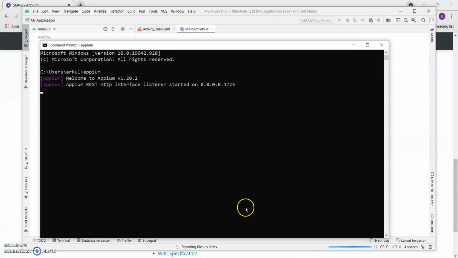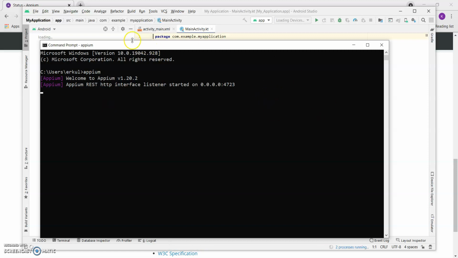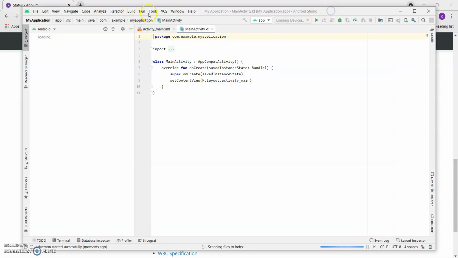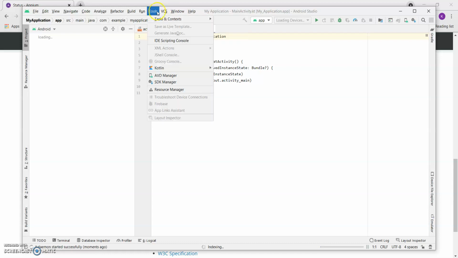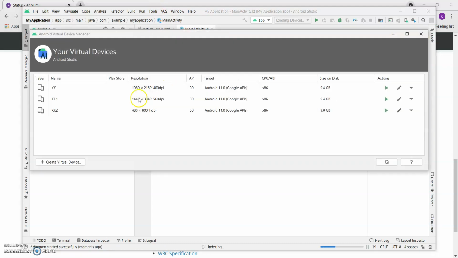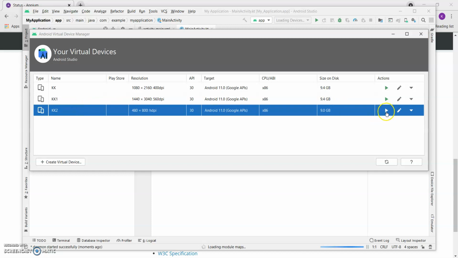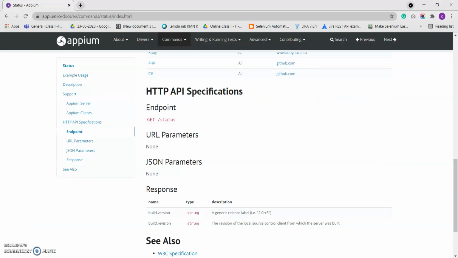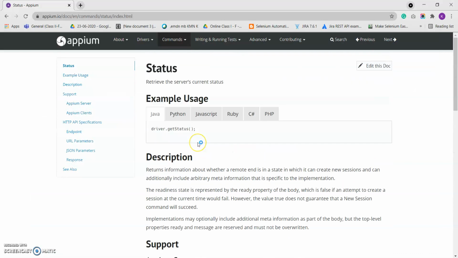Okay, my Appium server is up and running. Now I will open one device here. I will go to the AVD manager, and this is my device. I'll launch it. Okay, this device is getting launched. Meanwhile, I will go to this Appium server API space.